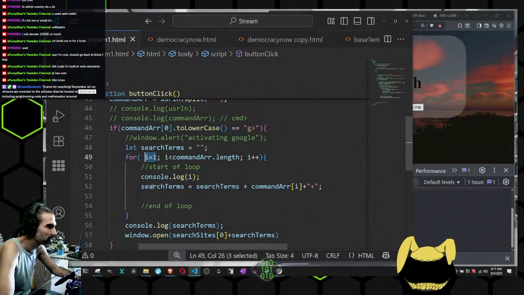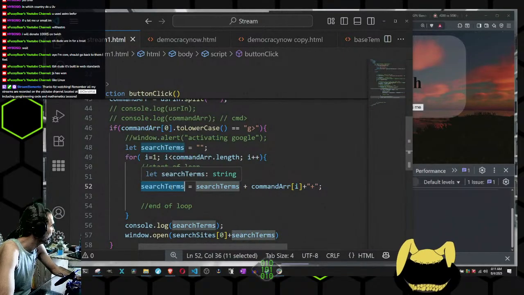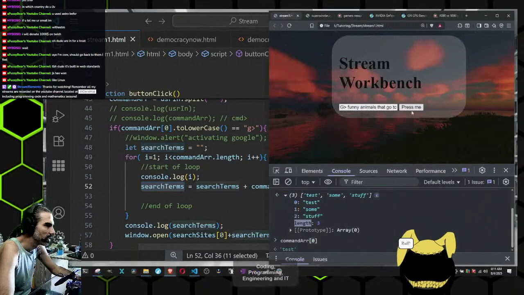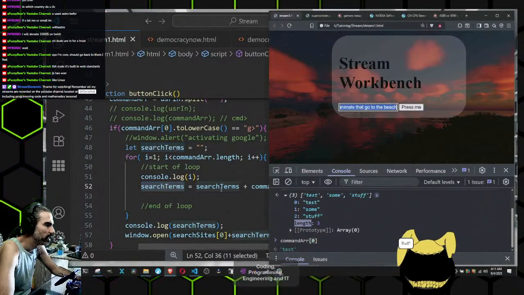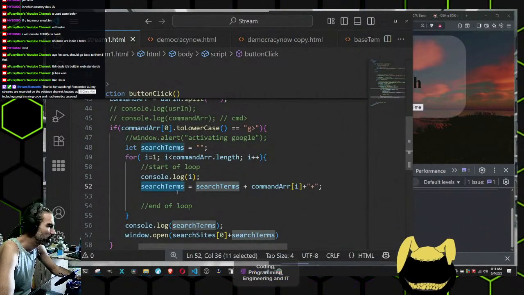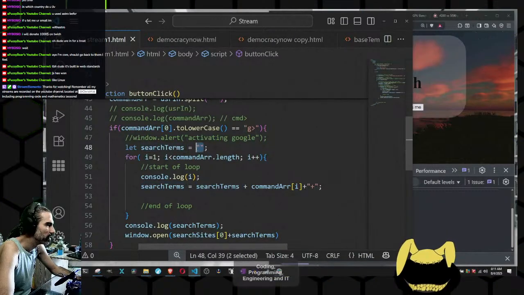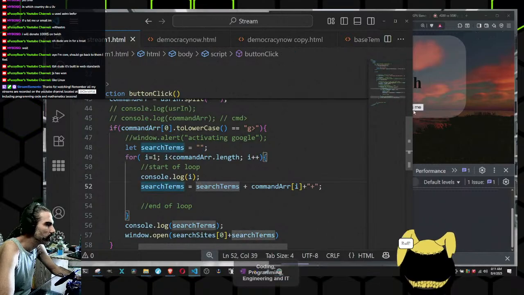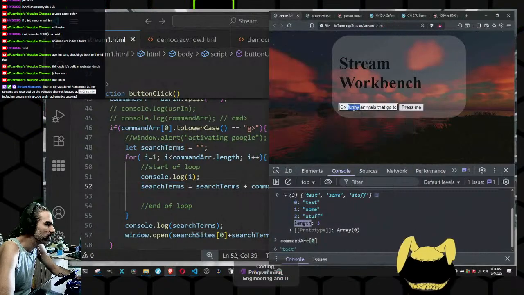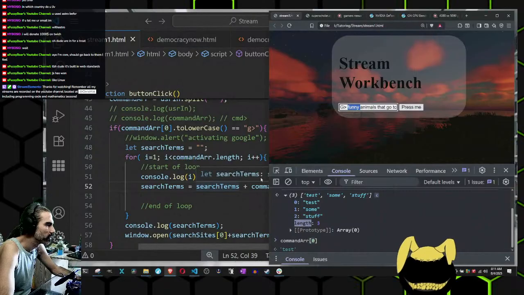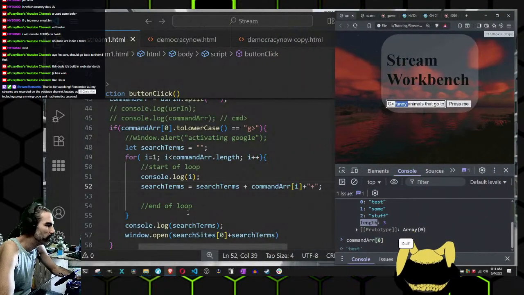So for this scenario, all we're doing is compiling each one of these search terms at the end here into a new variable called search terms. We're taking the previous value that existed in the very beginning, which is empty, but every time we run through the loop and we grab one of these words, funny gets put into search terms. So the first time we do this,